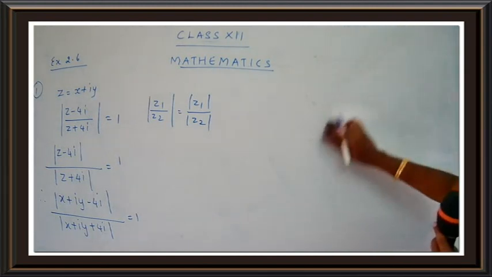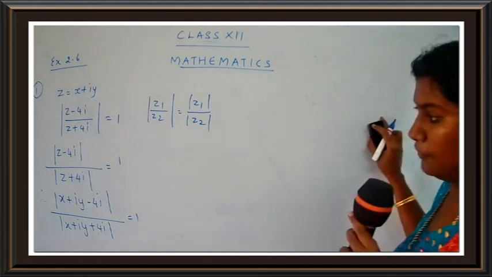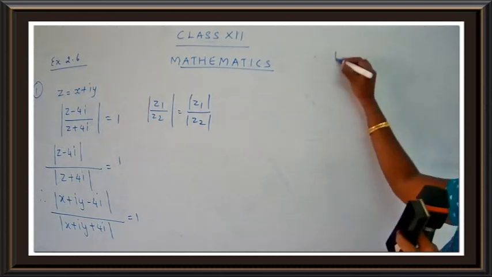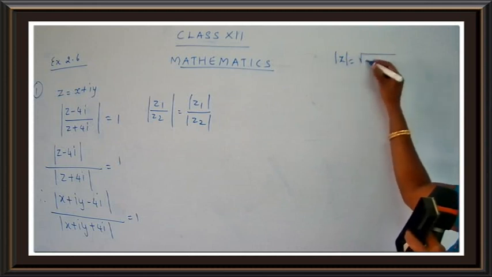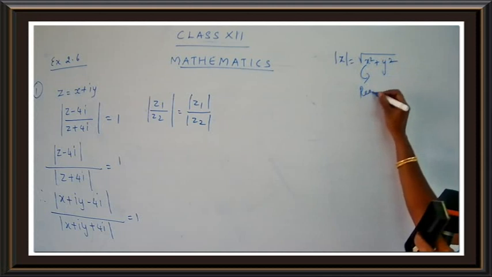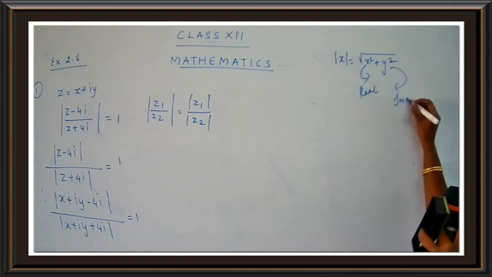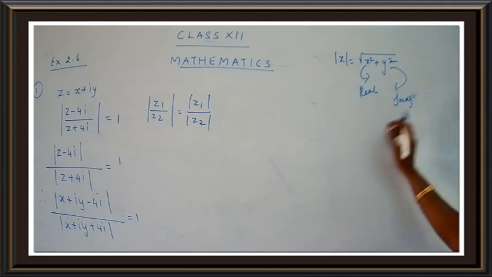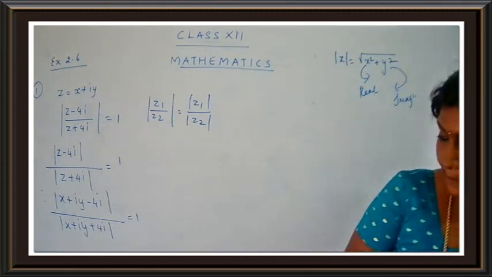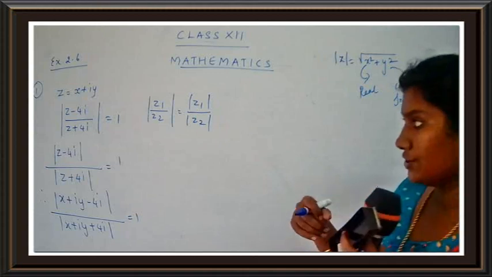So I am going to apply the formula. Before I apply the formula, we have one work to be done, because modulus of z is square root of x square plus y square. That means you are going to square the real part and square the imaginary part. So first of all, here everything is split. Try to group the real part separately and take the imaginary part separately.